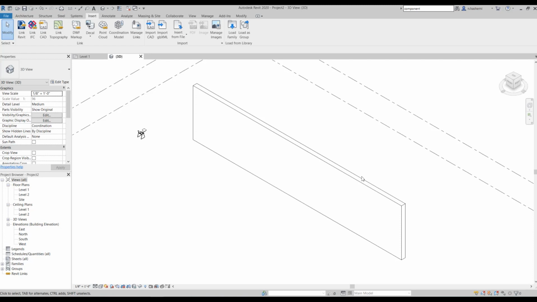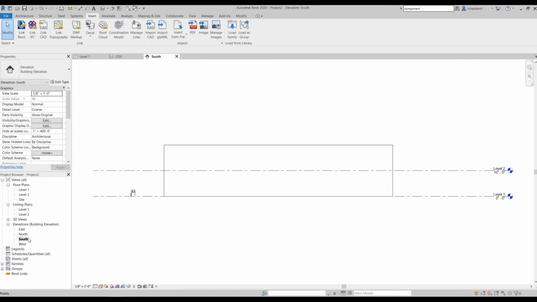Now in Revit, we have the ability to change a material by face. So go to one of the elevations, south elevation, and change the visual style to realistic. Okay?